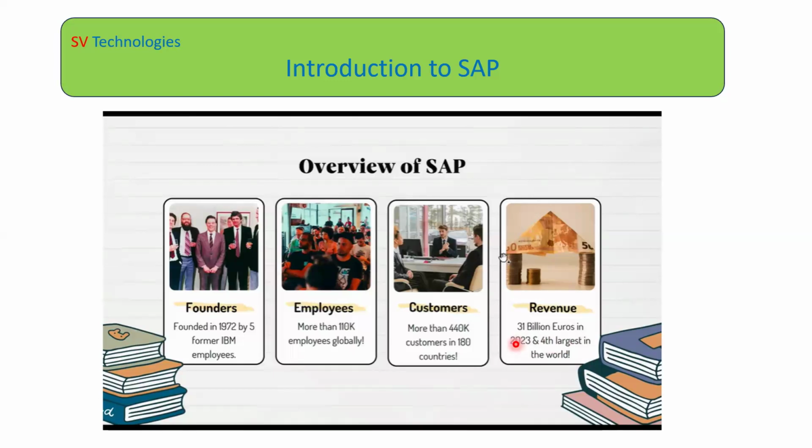So in SAP, since it is an industry-oriented software solution tool, that was the reason SAP is being implemented in all kinds of industries, like automobile industries, aerospace industries, pharmaceutical industries, consumer related industries, any industry. If you take any industry, SAP has solutions for such kinds of industries. That was the reason it is leading in the market compared to other ERP systems.